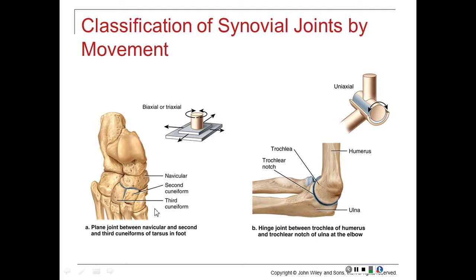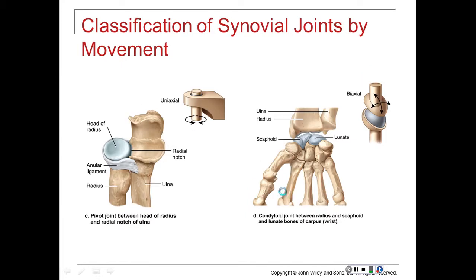A plane joint would be like those joints between the tarsals here, in this case, literally just moving back and forth, gliding against one another. A hinge joint, providing that flexion and extension motion. A pivot joint would possibly be like this joint here, where you have the head of the radius and the radial notch of that ulna, allowing for a little bit of rotation. The head of the radius is just going to wiggle a little bit within this annular ligament